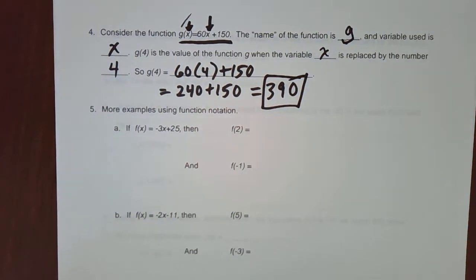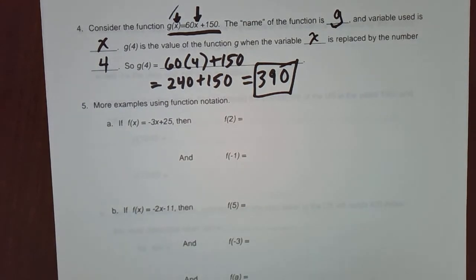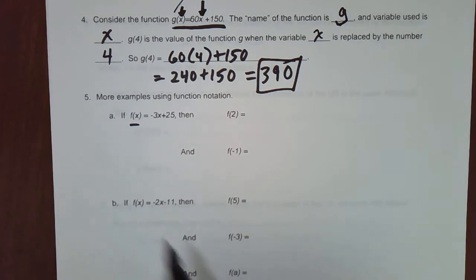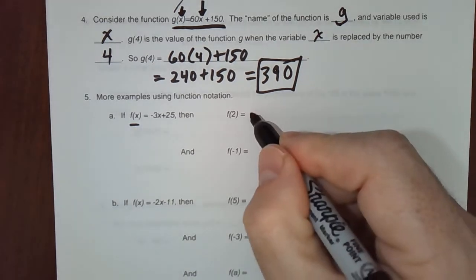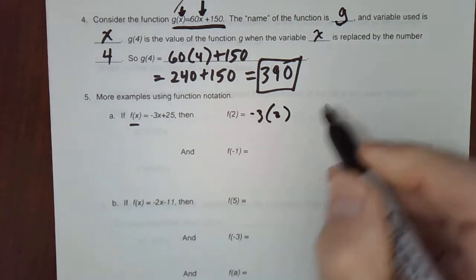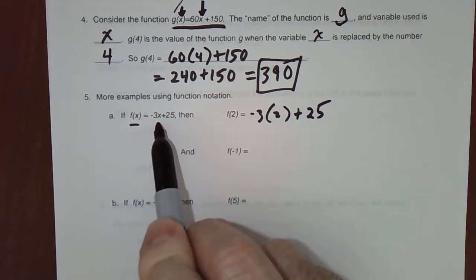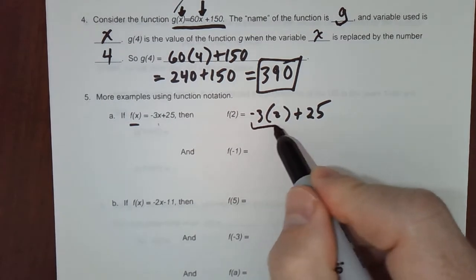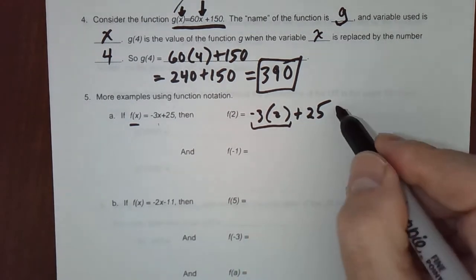Okay, let's look at a couple more fairly simple examples. They'll get a little tougher in a few seconds. Let's take the function f of x as negative 3x plus 25. Well, given that, f of 2 would simply be negative 3 times 2 plus 25. We just replace the x with a 2. So negative 3 times 2 is negative 6. Negative 6 plus 25,